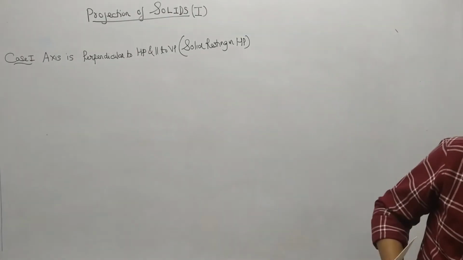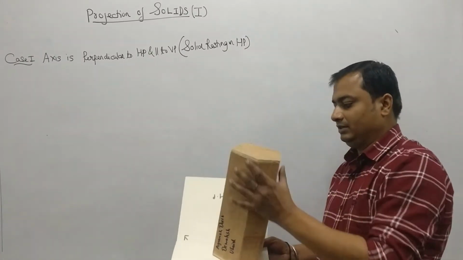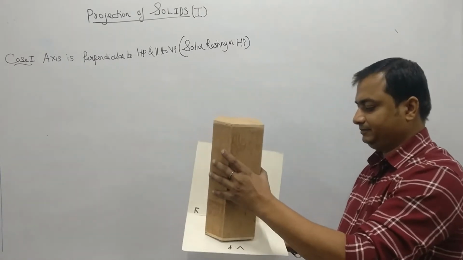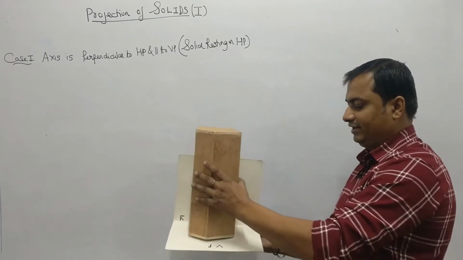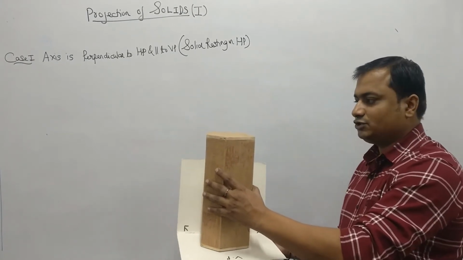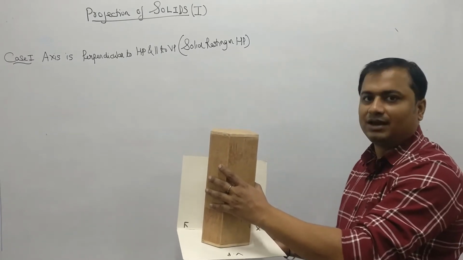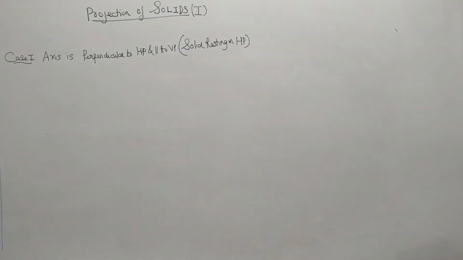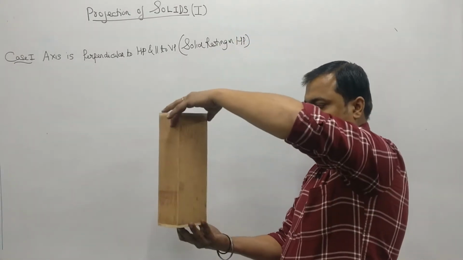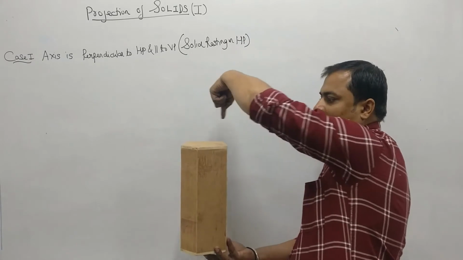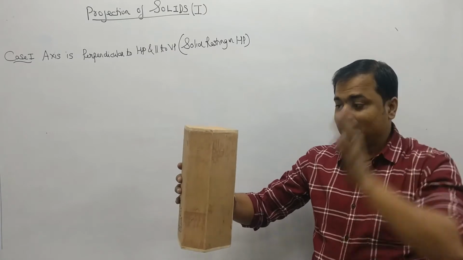So one by one, if I just show you by means of the projection of the solid. So let's start with the prism. If this is my pentagonal prism resting on HP, so this is the case. If this is the case of a pentagonal prism resting on HP, axis is perpendicular to HP and parallel to VP. Okay, so the prism is resting like this. If this is my axis, as you can just imagine, this axis is perpendicular to the HP and parallel to the VP. So solid ऐसा रखा हुआ है. So this is the way how this pentagonal prism is resting on HP.